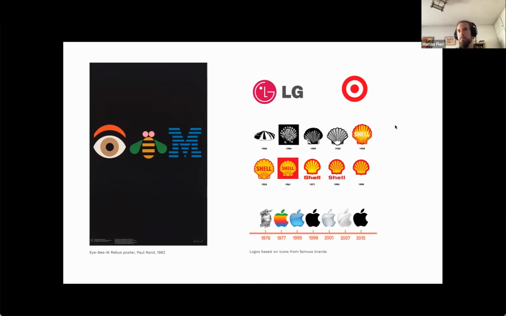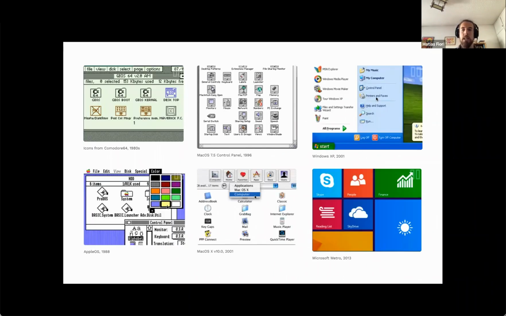Some examples of some brands that we know that use icons. Logo design is a different rabbit hole, but still it's a good example of how to use icons to represent ideas. Apple is a good example. Shell is a good example. Target, LG. And then if we jump to the point of history where the first UIs were born, we can see